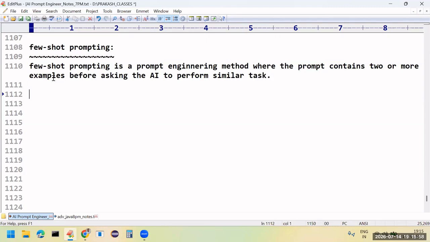So I will provide some two examples. Please identify the pattern in these two examples, and based on that, can you please answer this question? So what is the AI model going to do?